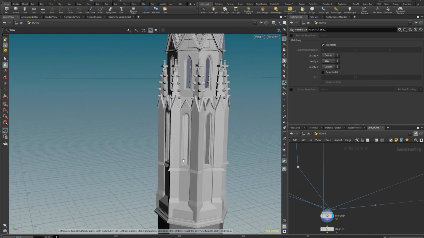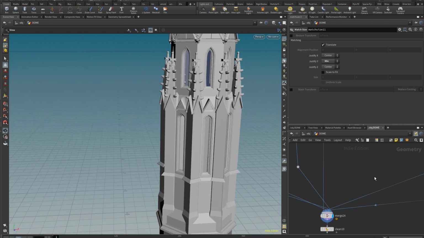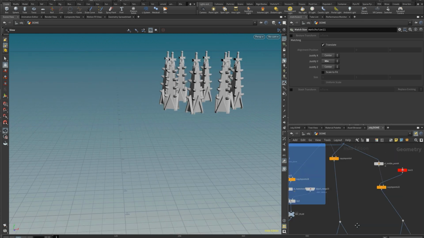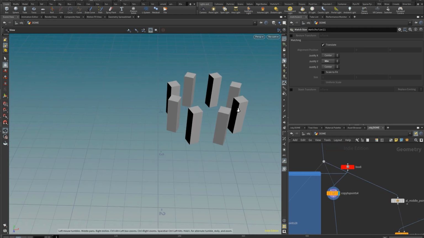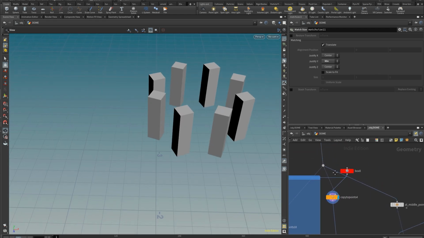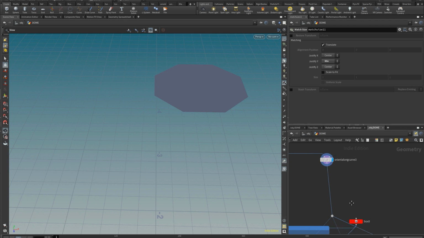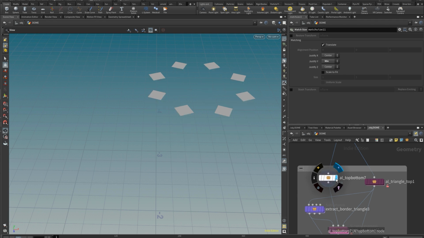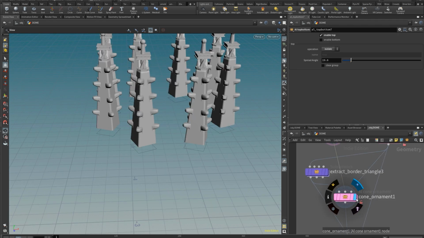All right, Gothic style, it's pretty much like the cones of Dunshire. It's all about the cones. It all begins with an octagon on which I'm copying some boxes. So that's the base shape, copying the box, isolating the top face so that I can start working on this section.